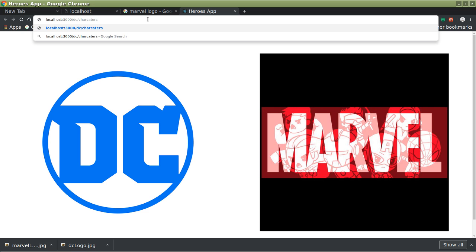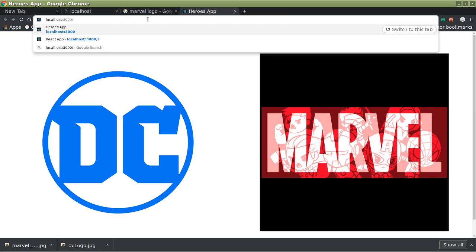I spelled characters wrong, but it doesn't matter. So that doesn't happen automatically in React. You know, we've got to actually set that up. We've got to set up our routes, and we have to tell it what to load when we type in a certain URL. Anyone have any idea how we might do that?